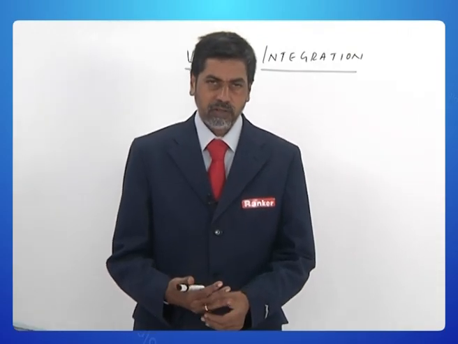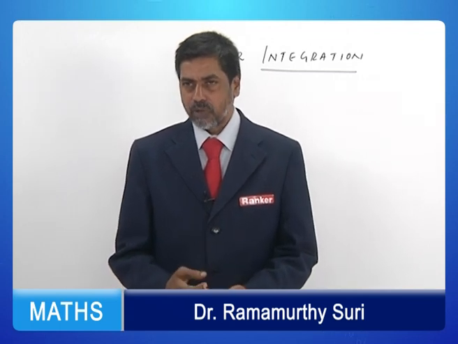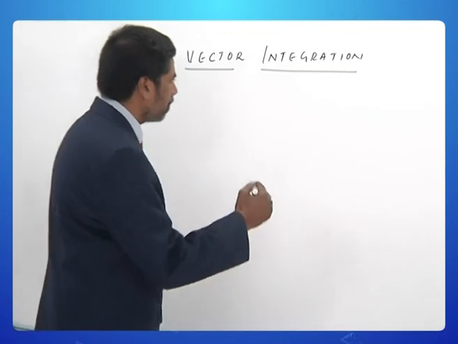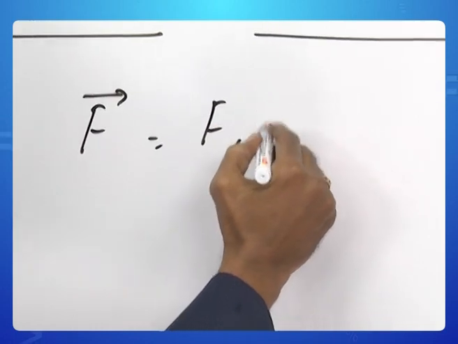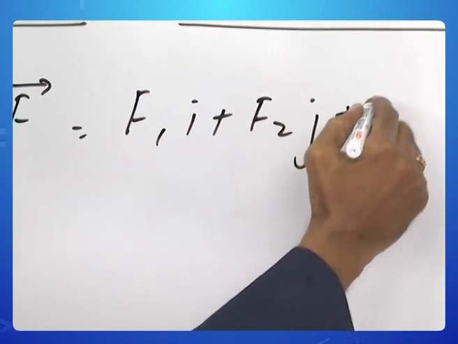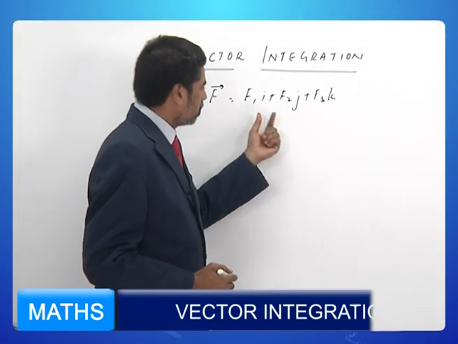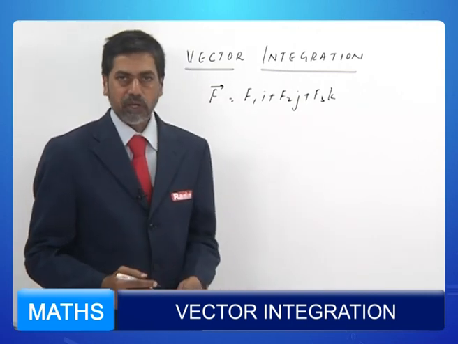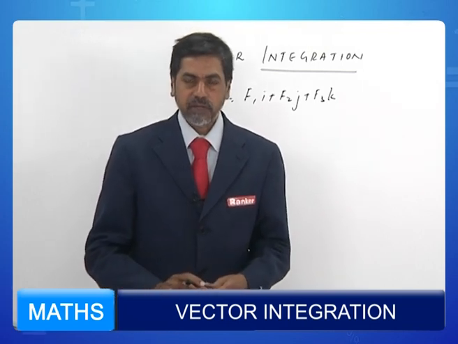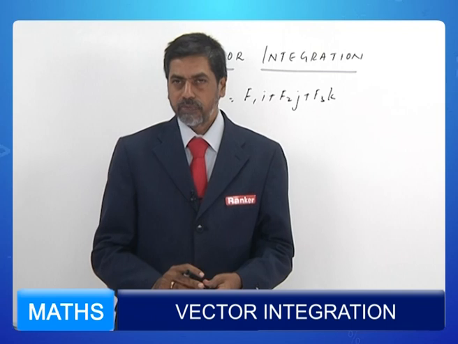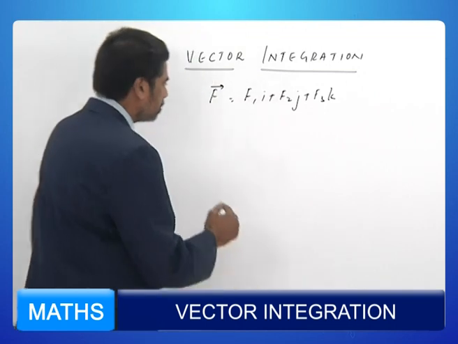Today we will discuss the aspects of vector integration, and broadly speaking, in vector integration we have a vector field where f1, f2, f3 are the components of the field along the x, y and z directions, and for the time being we will discuss the vector field in the Cartesian frame only. And in vector integration we deal with issues like